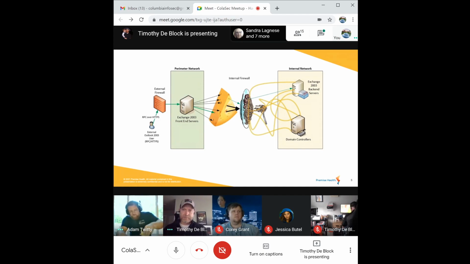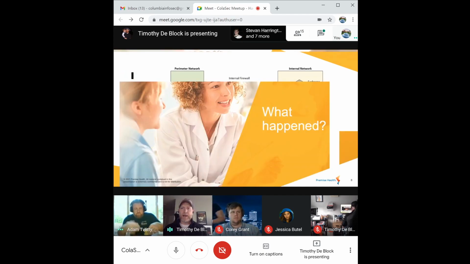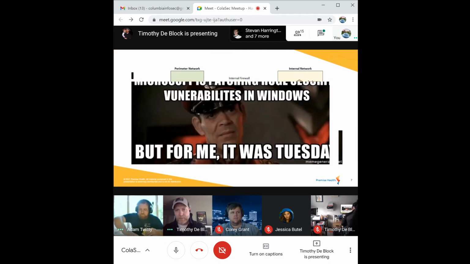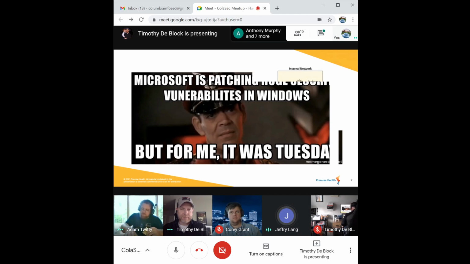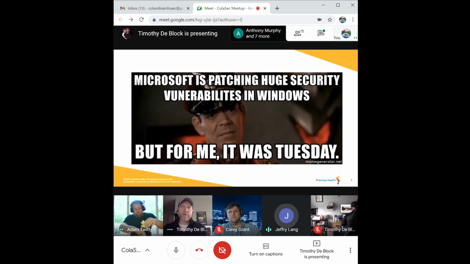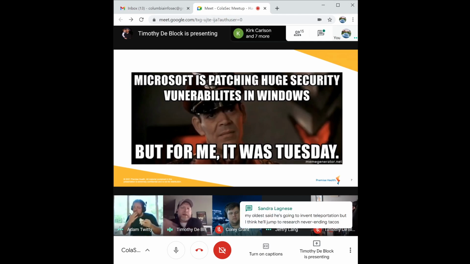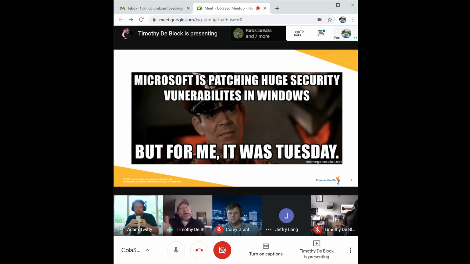Not a good thing. So what happened? Wait, Exchange available to the internet? In order for Exchange to work, it has to be available to the internet. It's an email server. What I'm saying is that with Office 365, if people switched to Office 365 and forgot to turn off their Exchange server... Gotcha. You see what I'm saying? There were probably some legacy things out there where people are like, oh crap. Okay, fair enough.